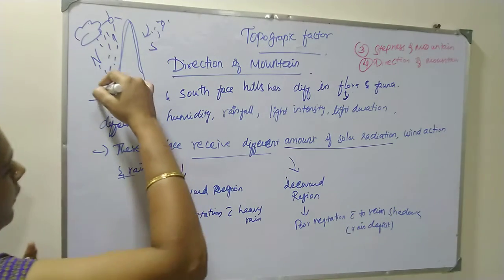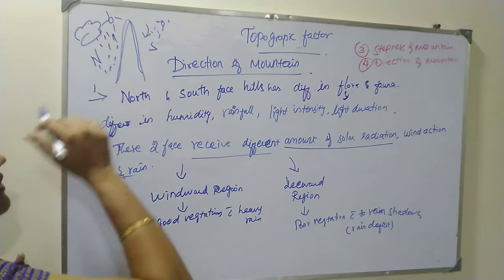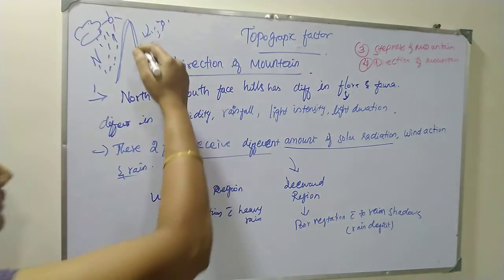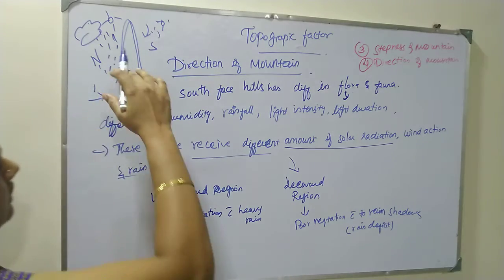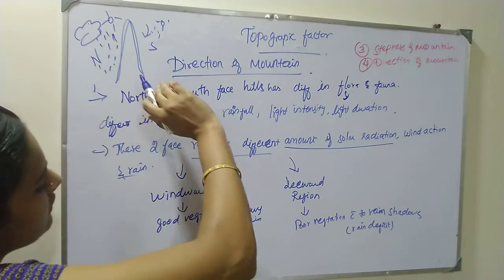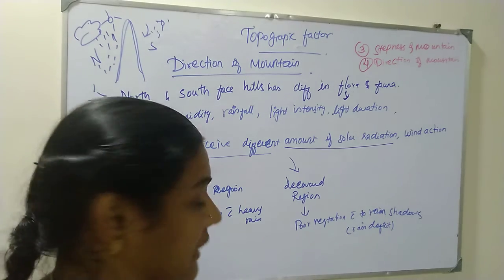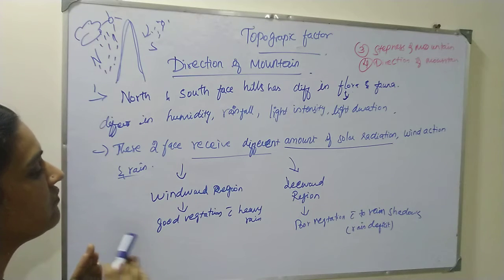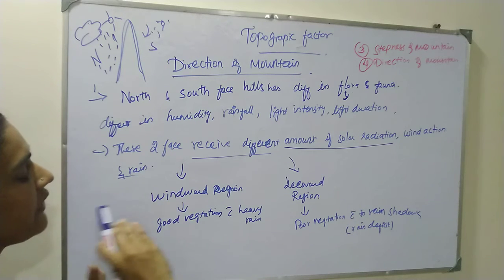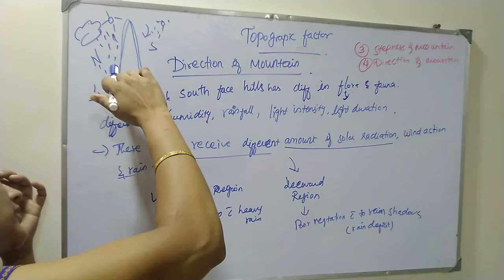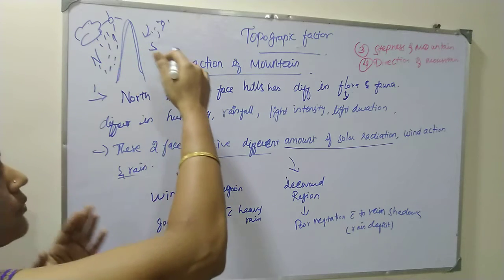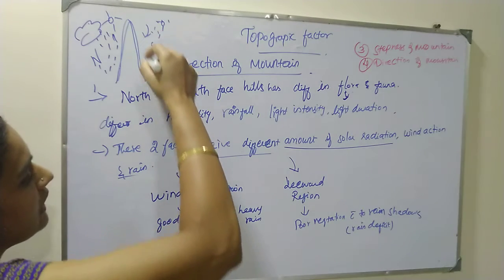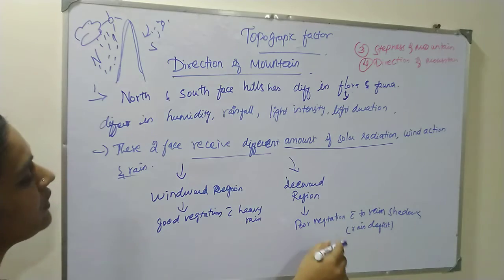So one is called the windward region, where the wind is heavy. Another region is the leeward region. The wind density will be less here. The windward region presents good vegetation, that is good growth of plants, with heavy rain. Due to the heavy wind and heavy rain in the windward region, there is good vegetation. But if you take the opposite side, the south direction of the mountain will have the leeward region, which has poor vegetation due to the